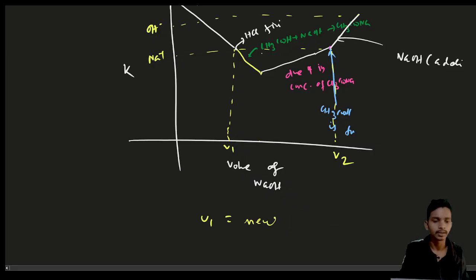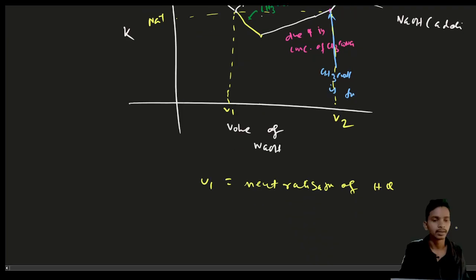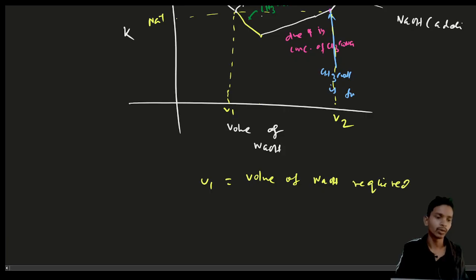This is the volume of NaOH required for neutralization of HCl. So this is where the volume of HCl is there. This is the volume of NaOH required to neutralize HCl, and this B2 is